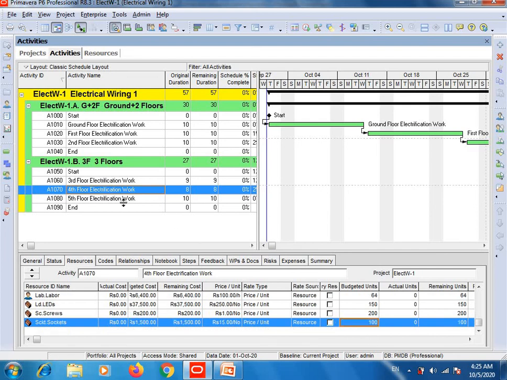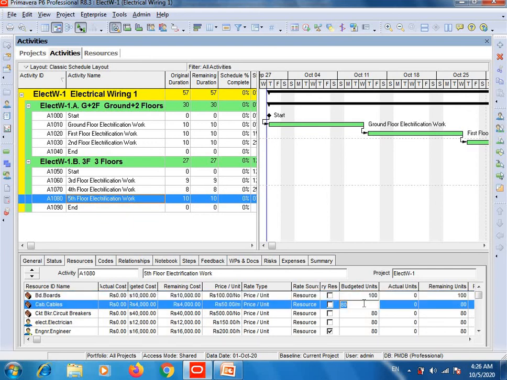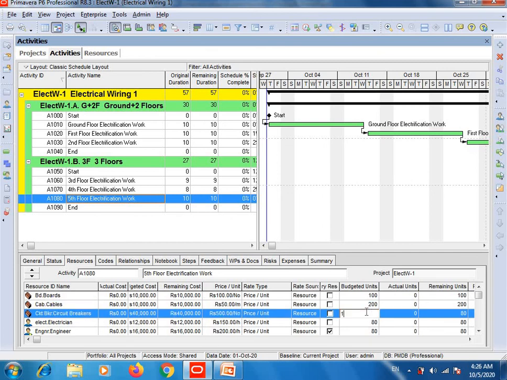Then for the 5th floor electrification work, which will take 10 days, let's suppose 100 boards will be required. Let's suppose 200 meters of cable will be required. Circuit breakers, for example, 10 circuit breakers will be used. Then electrician, 2 electricians are required, so simply multiply 10 by 16, because 10 is the duration of this activity, and 1 electrician will do 8 hours duty daily.